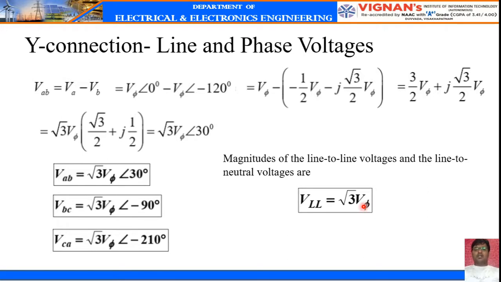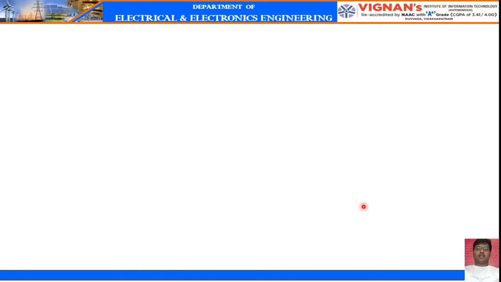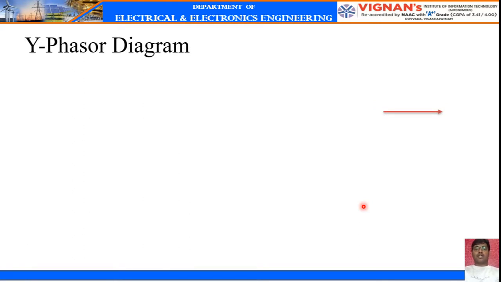The line current is the same as the phase current, as seen earlier. Clear? So now we see how to draw the phasor diagram. In the previous lecture you studied how to draw the three-phase AC voltage source phasor. There are three phases VAN, VBN, VCN, which are mutually at 120 degrees from each other. All three phasors have equal magnitude and are displaced from each other by 120 degrees.